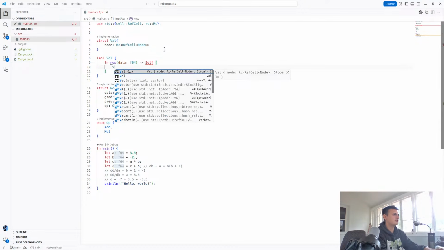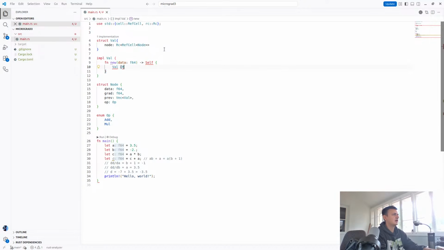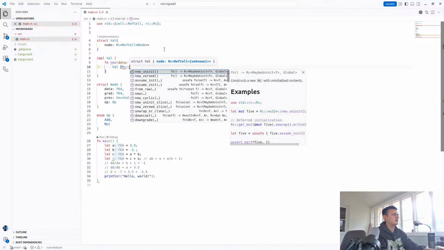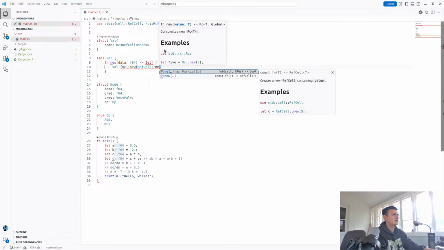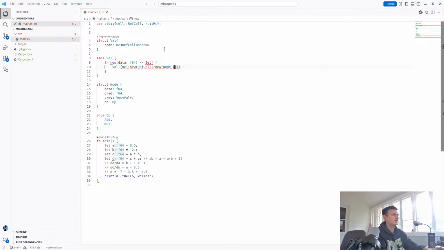So I can just do val: Rc new RefCell new node, and then I believe that this is going to be data, grad 0, prev will just be an empty vec,